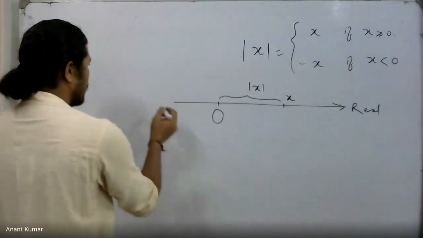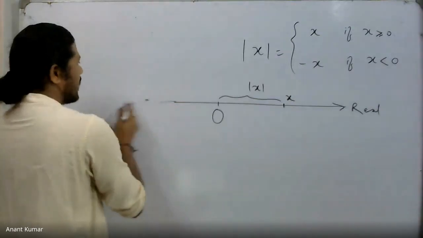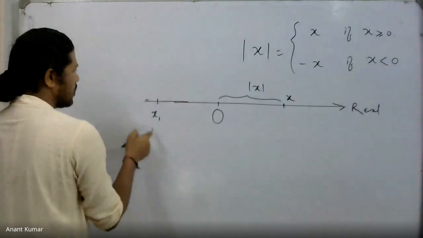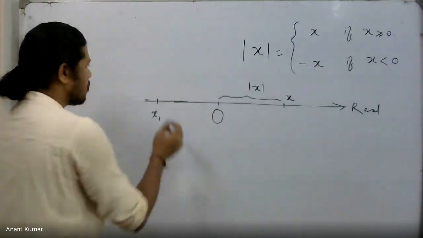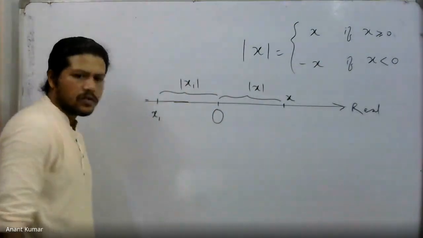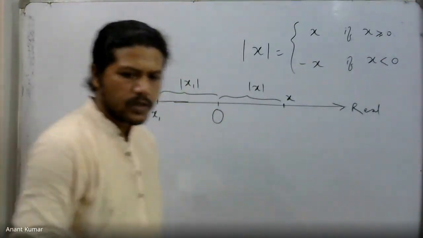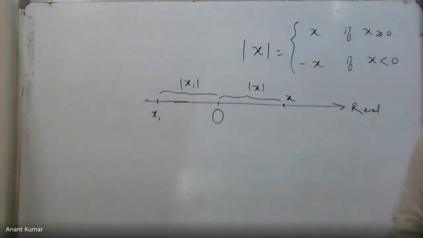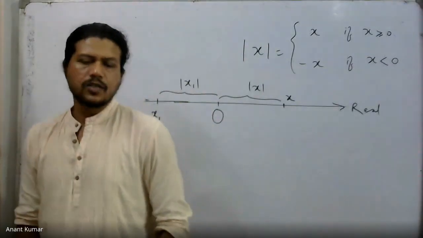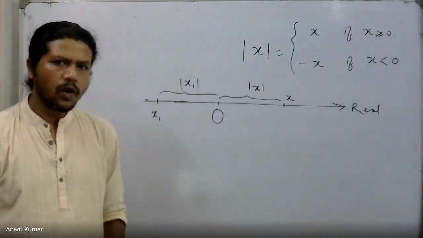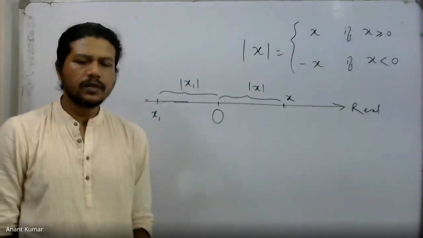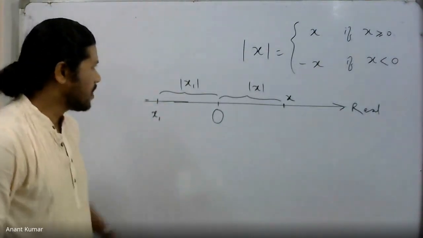In a similar fashion, if x is somewhere over there, x is still a real number. Let's say this one is x1, for example. x1 is a negative number, so mod of x1 becomes that particular distance. That is mod of x1. This will also give us a positive number, okay? So it's quite obvious by this consideration: if I consider the modulus as representing the distance of the number x from the origin on the x-axis, it is obviously going to be positive. And by definition, we have this thing over there.